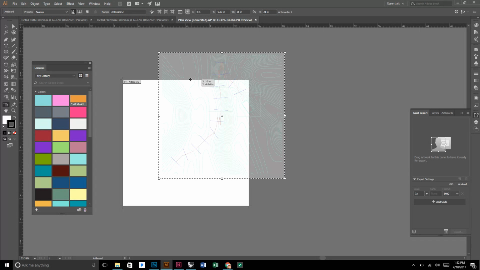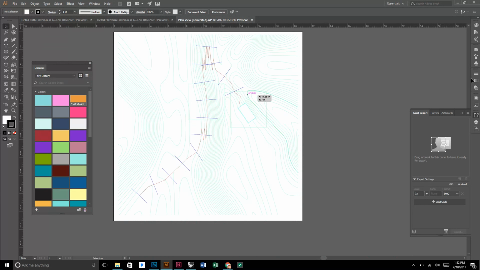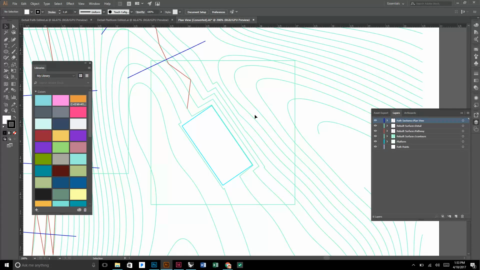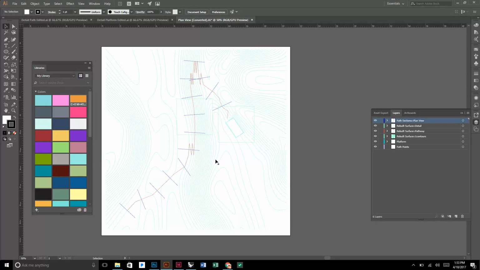Make sure that I'm covering it all. I'll start to make sure that my line weight is correct and the color. For this one, you don't have to show the existing contours, just show your proposed site grading plan. It's in the detailed plan drawings that you want to show both the existing and the proposed. So for this, let's